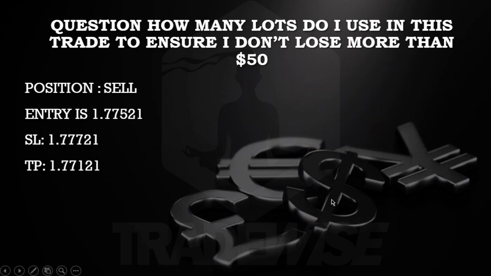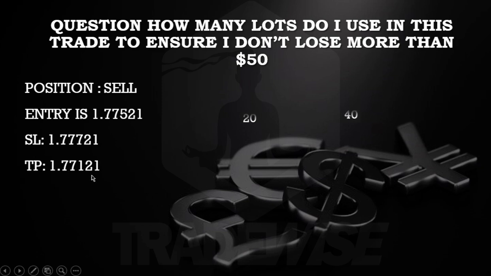So let's say I have a sell going on. And first of all, the question is: how many lots do I use in this trade to ensure that I don't lose more than $50? So this is the maximum we want to lose. This is the position we are selling. Our entry is 1.77521. Our stop loss is 1.7721. TP is